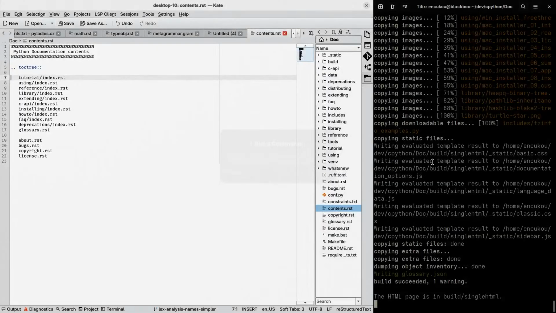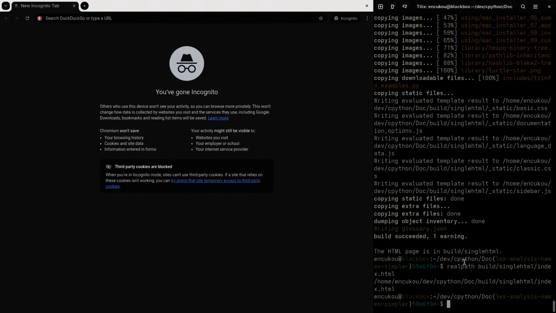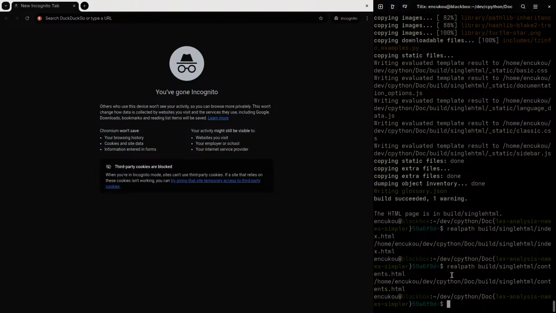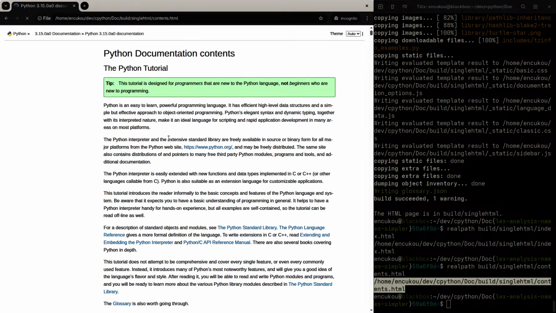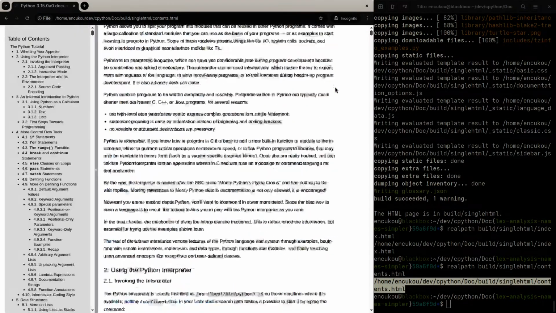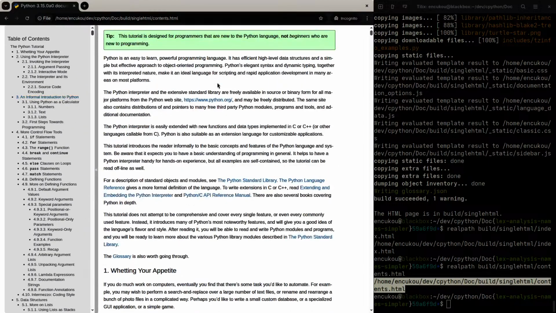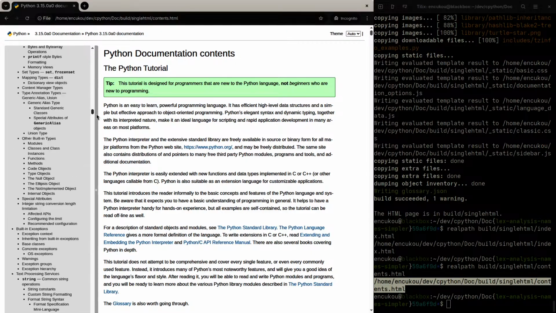Oh, it's in doc. Okay, here we go. Yeah. I'm following along on my local machine. And this would be contents HTML. Starts with the tutorial. Yeah, so we can do that, or you can somehow split it in a different way.